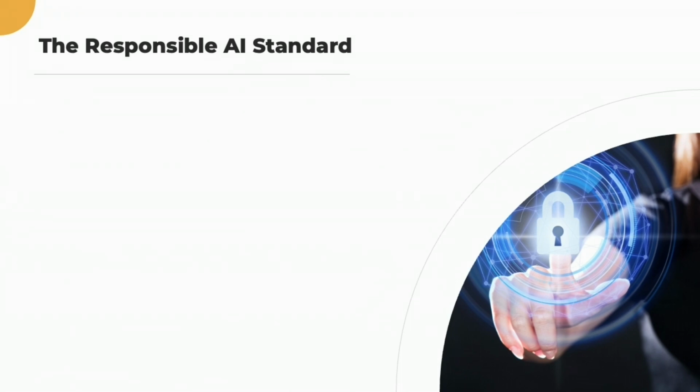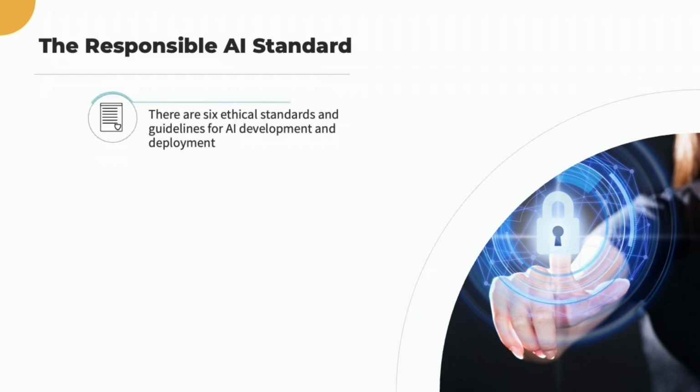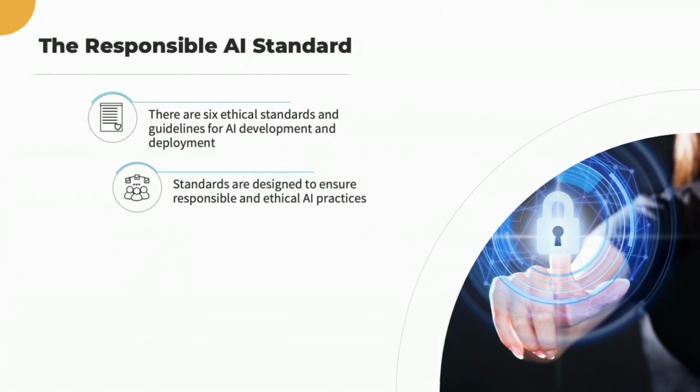This is a topic that sometimes flies under the radar, yet it's still extremely important. So we'll start by talking about how one of the big players in AI, Microsoft, and there's others too, Google, Facebook, but Microsoft, like Google, has established some ethical guidelines. So they've established 6 ethical standards and guidelines for AI development and deployment. These principles are designed to ensure responsible and ethical AI practices, guiding the development and use of AI technologies.